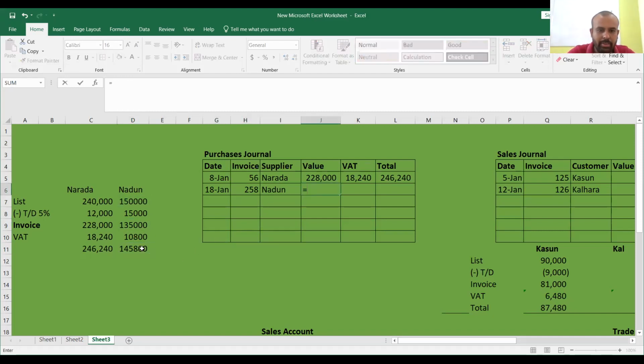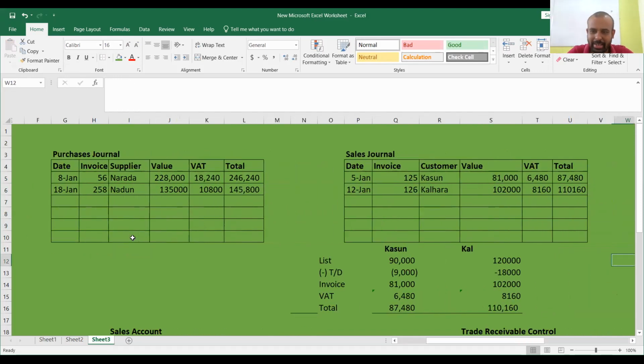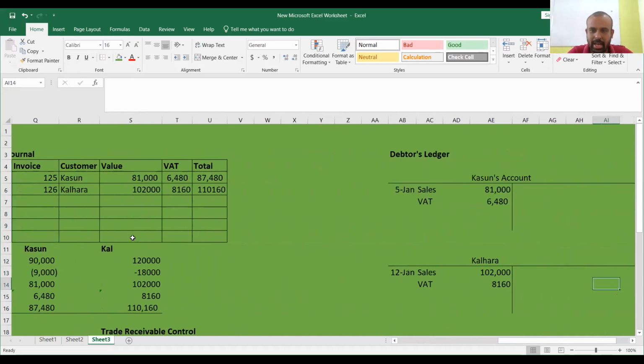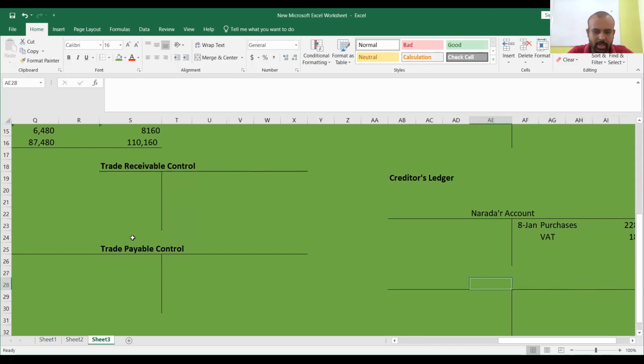And value will be 135,000 and value added tax will be 10,800. Then the total will be this. Okay, you need to update then Nadun's account, right? එකම විදියට නිසා I didn't make lots of explanations there. You need to update the ledger account in the same way. You can say Nadun account, on 18th, purchases